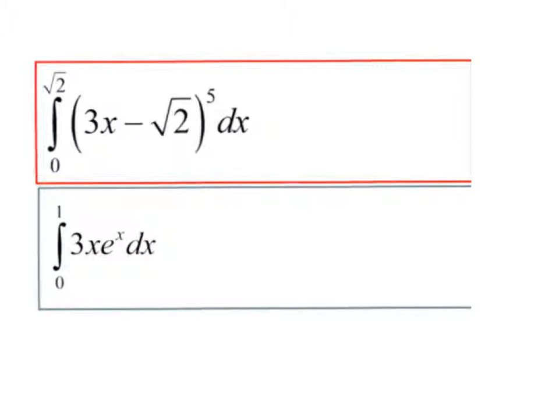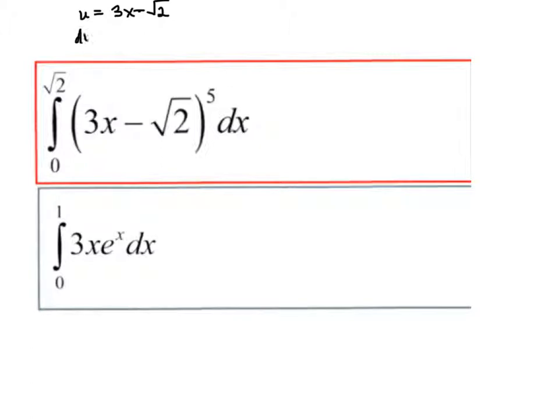So this first one, we're looking at this and it's to the fifth power, so you I guess have the chance to multiply it out if you wanted to, but I think our best bet is to do some substitution. So if I made u 3x minus the square root of 2,